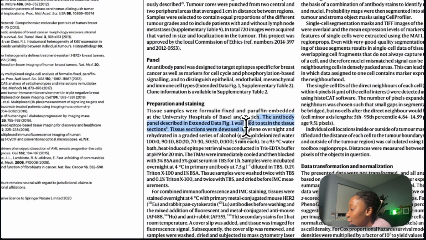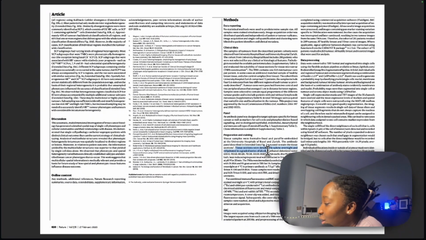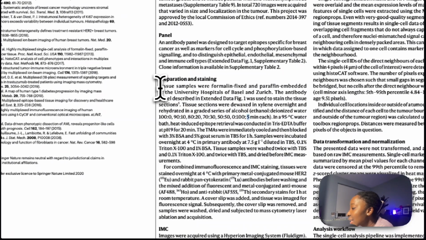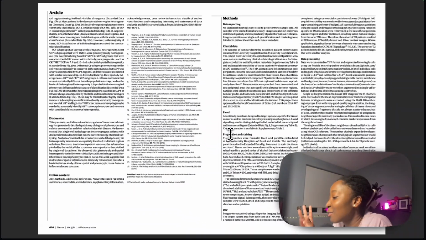And the antibody panel, oh my gosh, I understand. Described in the extended data, figure 1 was used to stain the tissue sections. Tissue sections were dewaxed in xylene overnight and rehydrated in a graded series of alcohol, ethanol, deionized water, blah, blah, blah. See, I look at this, and my training so far as a research assistant has really